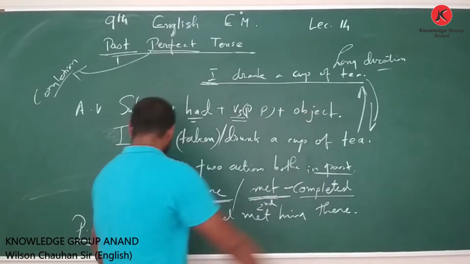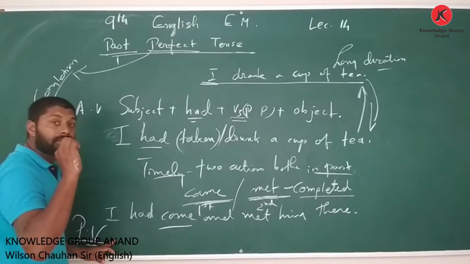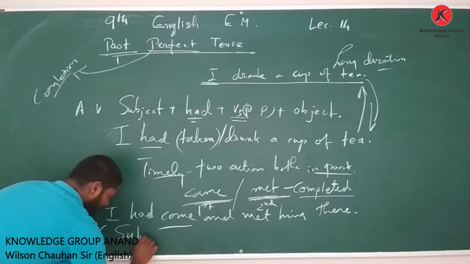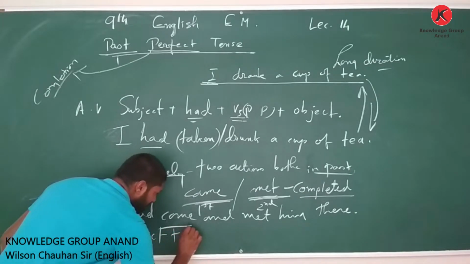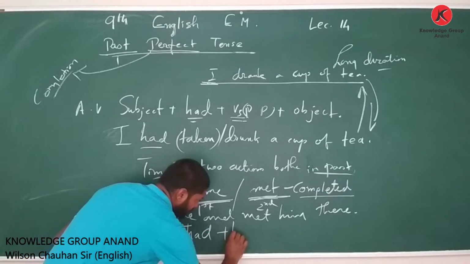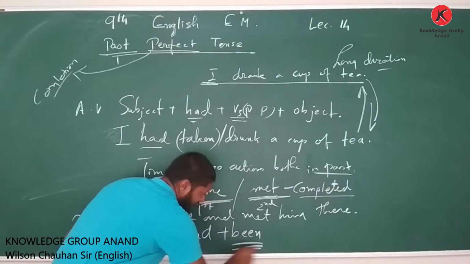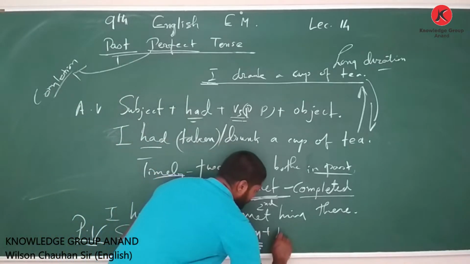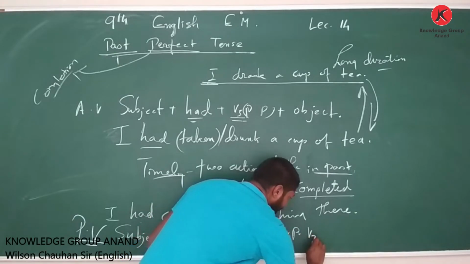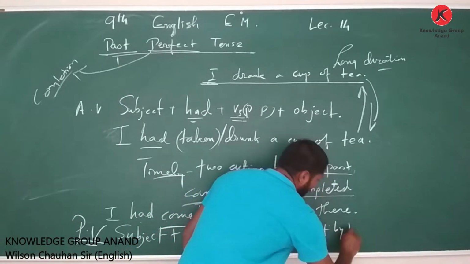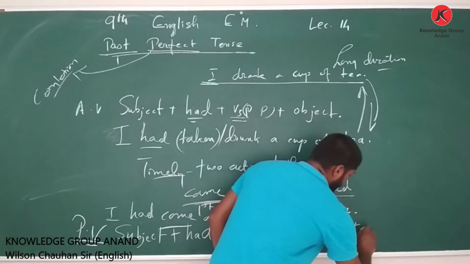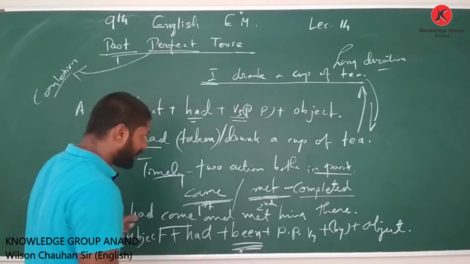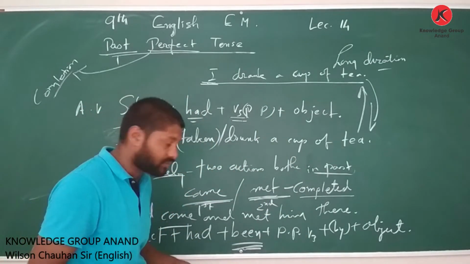Okay, now we will write the formation of passive construction. So subject plus had plus been needs to be added here. Precisely been, because it shows past perfect tense, plus past participle, that is V3, plus by in option plus object. My dear friends, study the entire board and try to grasp what I exactly said to you.